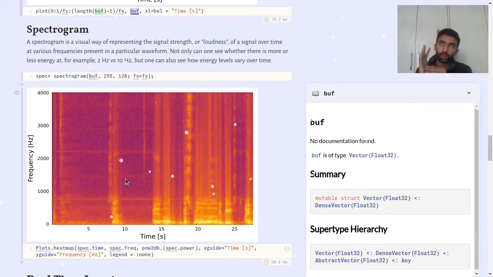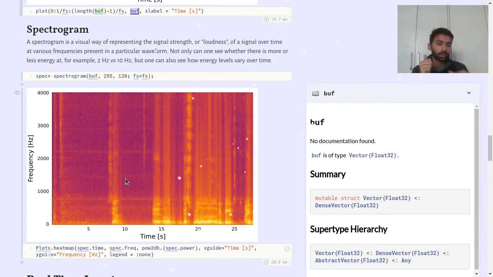When there is audio activity, there will be multiple frequencies, and in all those frequencies there will be different strengths. So it helps us to identify those different strengths of frequencies and the different frequencies.